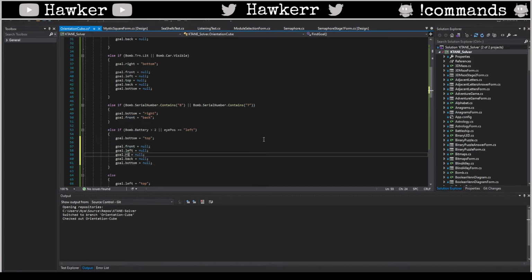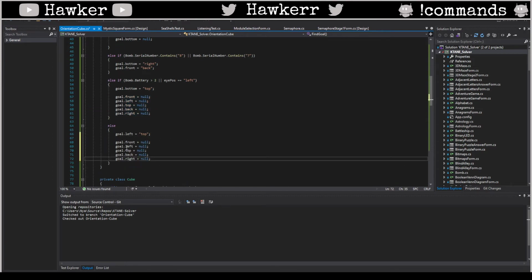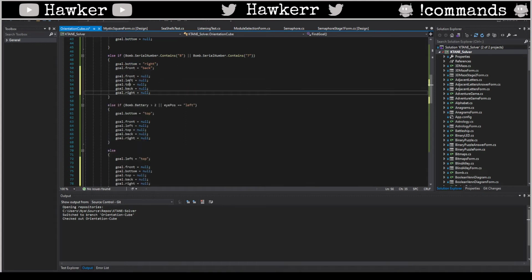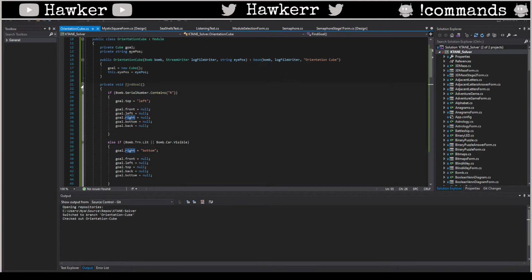Front, right. Alright, nice job. So, assuming I have the goal, I then have to figure out